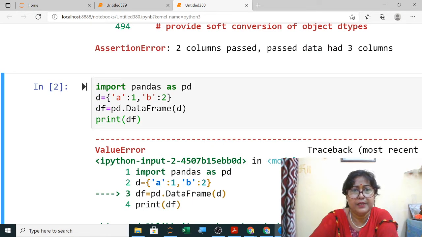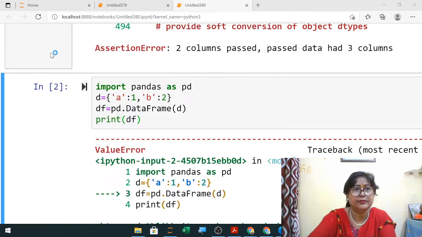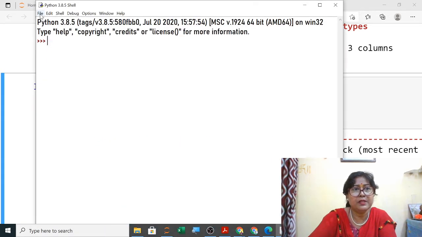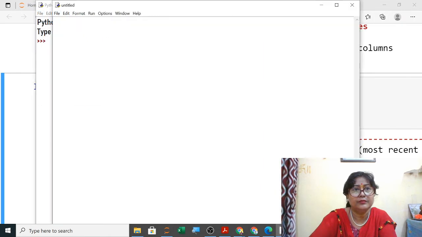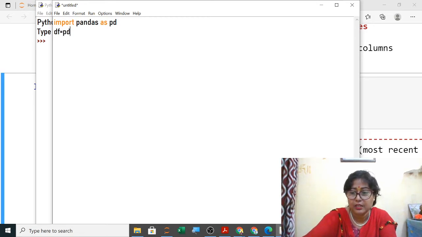import pandas as pd, data frame. What happened in this? Okay, let us do it properly. In this you have to use pip install. So let us check whether pip install has been done or not. Import pandas as pd and then create an empty data frame, I am creating it to check whether these software will show an error at any time.